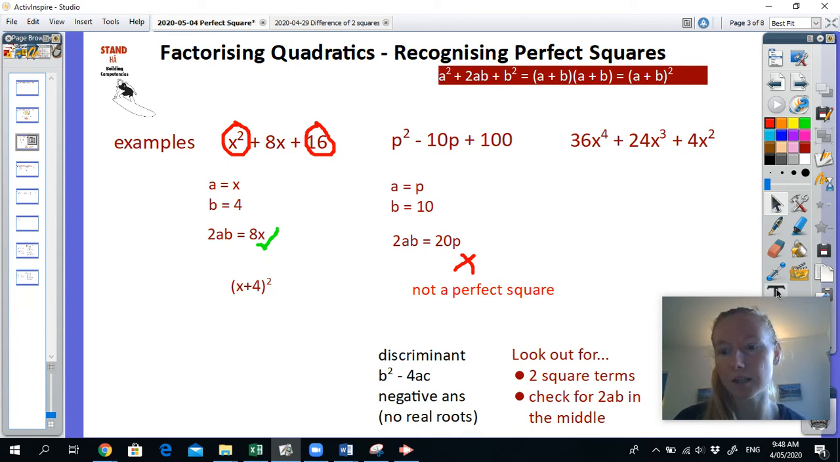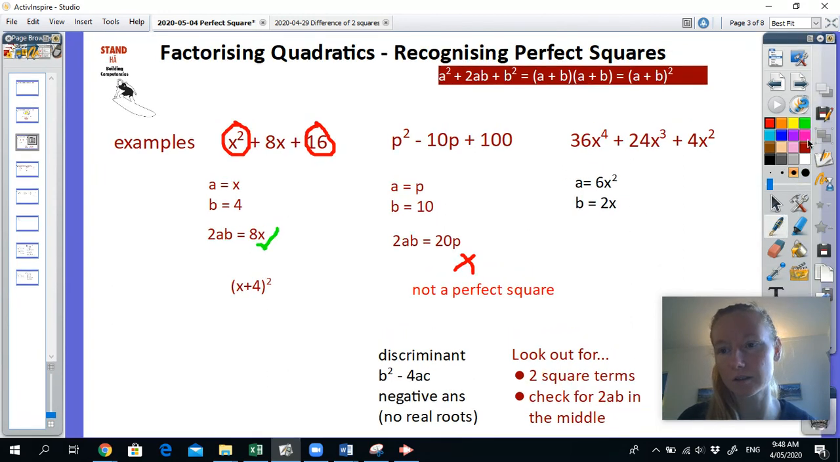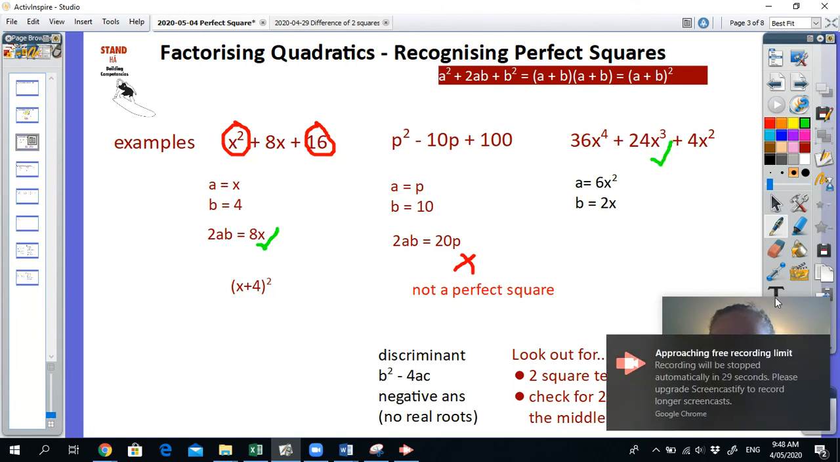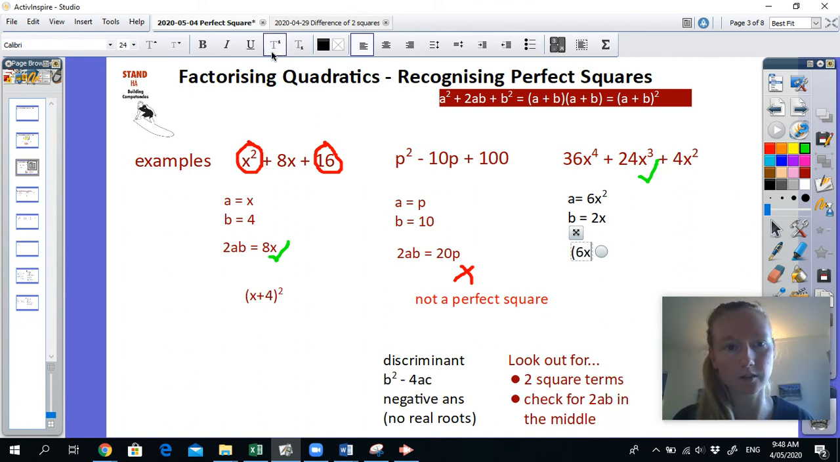Okay. This third one, a is 6x squared, b is 2x. Okay. And then 2ab, we can check that is correct, is our 24x cubed. Okay. So this one will factorize to 6x squared plus 2x